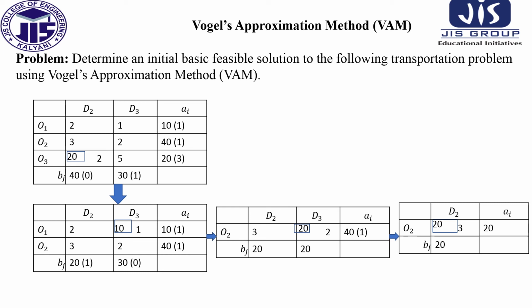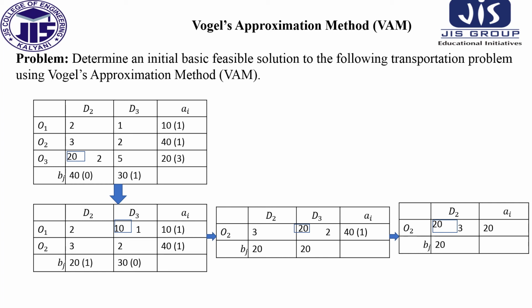As the supply value is 0, we omit the O3 row. So in the next table, the same procedure we apply. So here the supply value is 2 minus 1, there is 1, and the subtracted values we have received are 1, 1, 0 and 1. So 3 1s are there. As the 3 1s are there, among the 3 1s, any one you can select arbitrarily. So we have selected here the 1 in the one row. So here in one row, 2 and 1, minimum cost is 1.